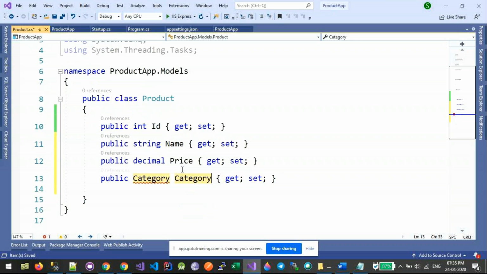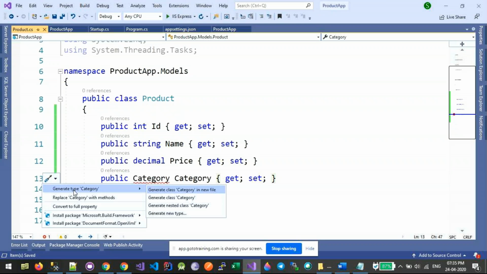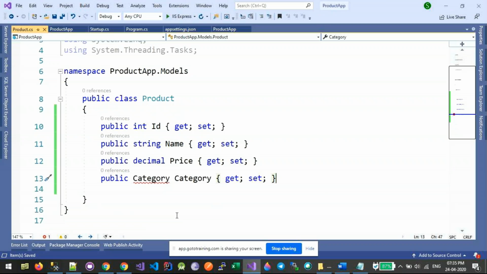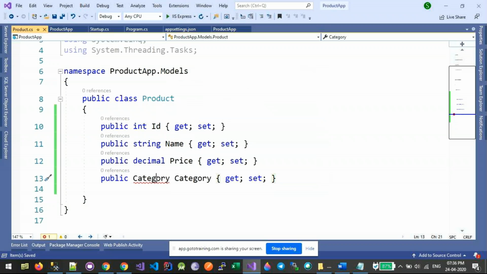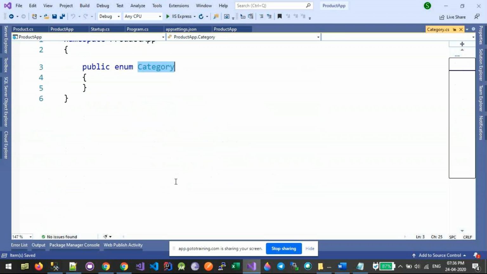Then you can use the Smart tab or Actions tab to generate a new type for category. I will create it as an enum in a new file. I'm going to press F12, go to the definition, and add some values.